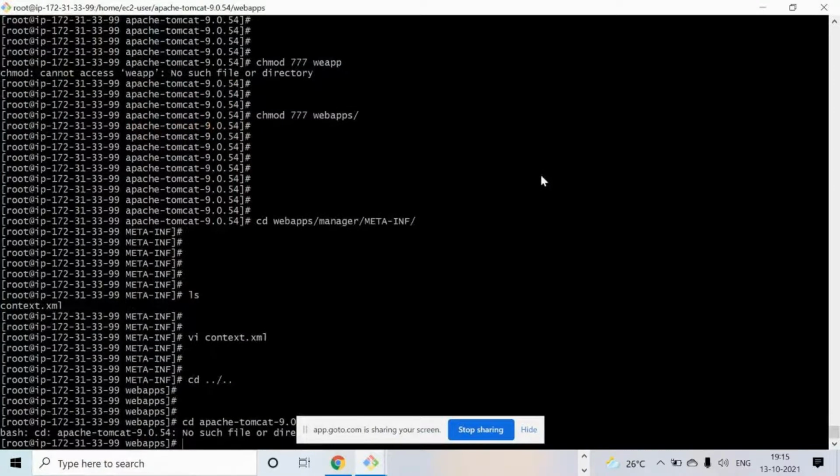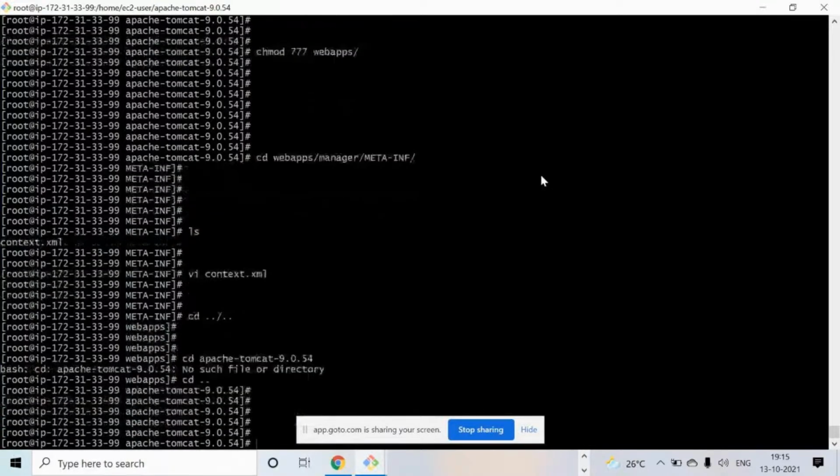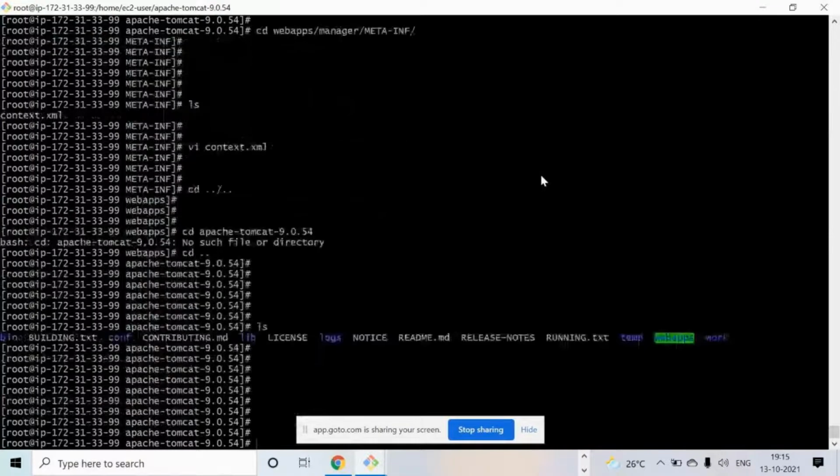So the context.xml only. The Valve tag and Allow tag will not give you the protocol permission to access the web server. So that's why we are removing those.